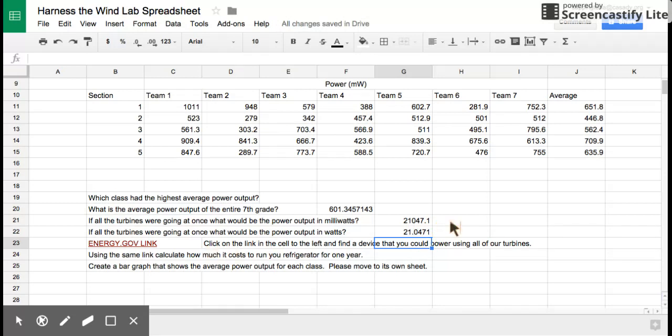Then you're going to click on the link to the left and find a device that you could power using all of the turbines. So we're dealing with 21 watts of energy, at least in this grade, or last year's group was. You'll have a different number. So when you click on this link,